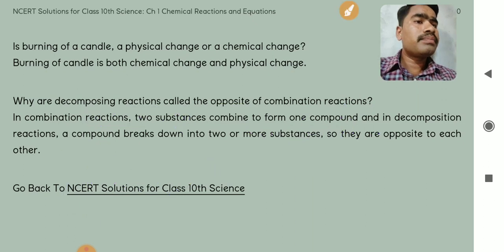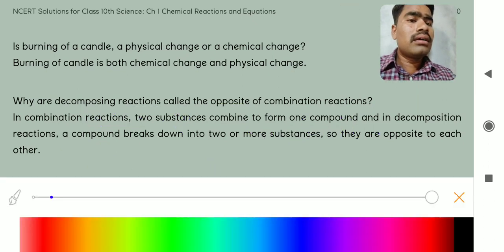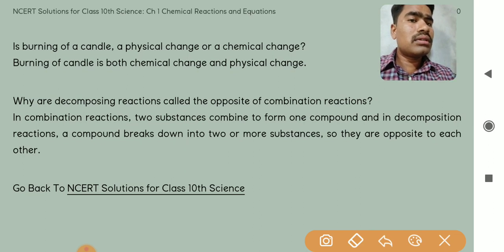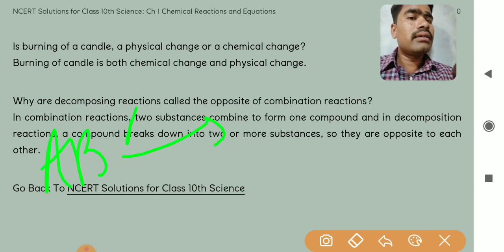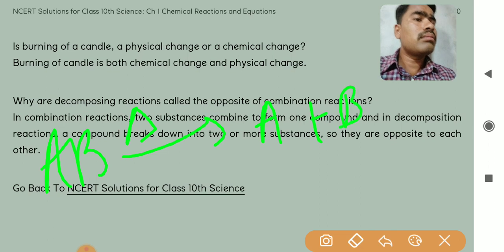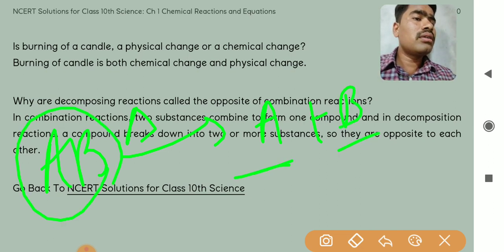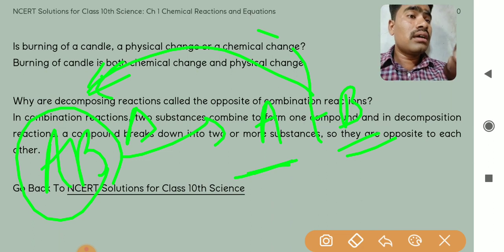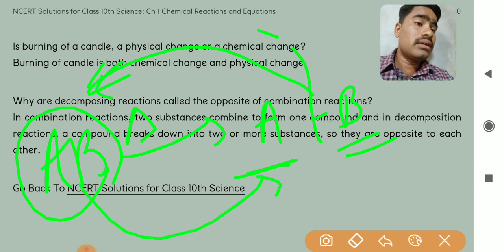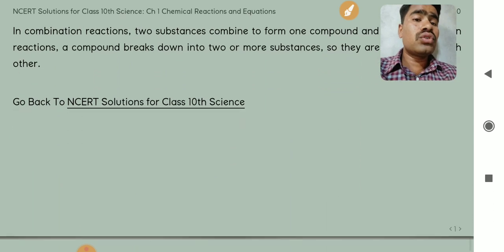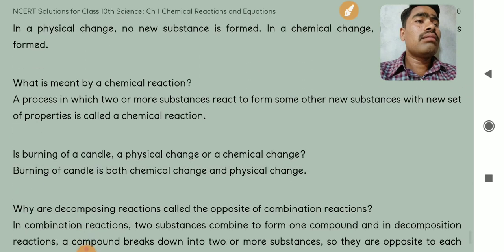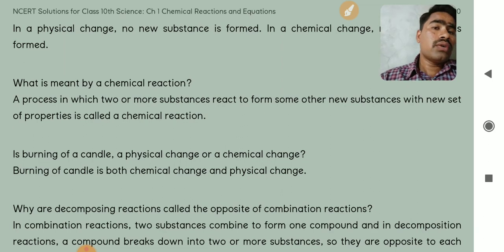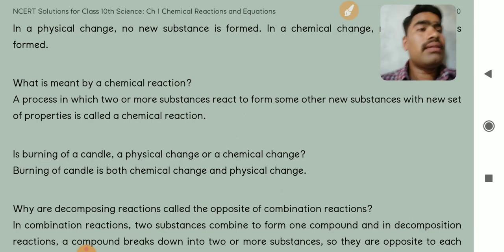On the other hand, if you see this AB, when heated, it forms A plus B. So a single reactant is dissociated or split into two products. So this is a decomposition reaction. If you go in reverse, this is a combination. If you go this way, it is a decomposition. So they are exactly opposite of each other. So this is the exercise of the first chapter. Okay, and that's all for today. We'll continue in the next period.